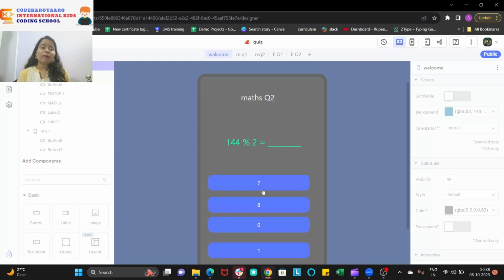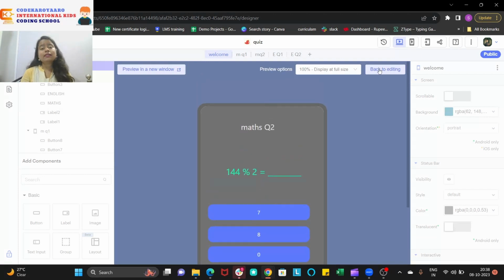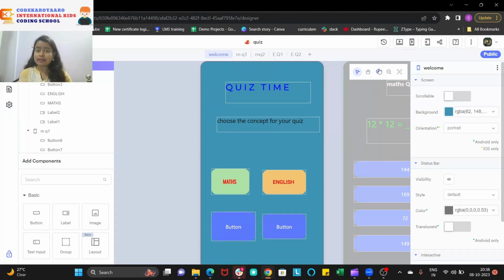When you're publishing the application, you are not the only one who is going to see it, but most of the people will be seeing it, and if they see the same mistakes there, they will get disappointed by the application which you have created. So that is the benefit of testing. When you're testing the application, you will get to know what mistake you made, or whether your application is running properly or not. That is the most important thing.